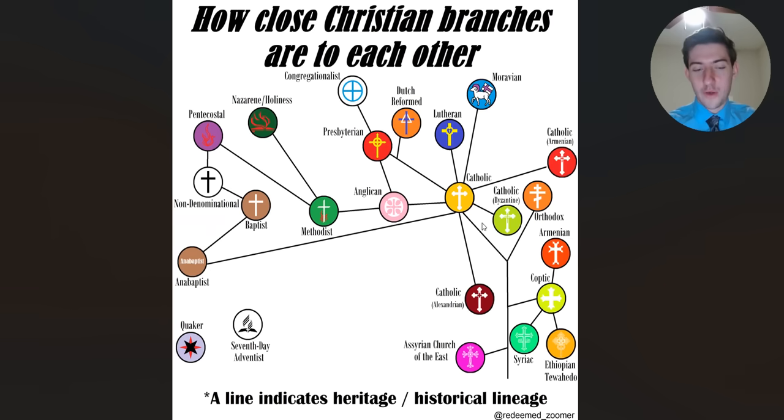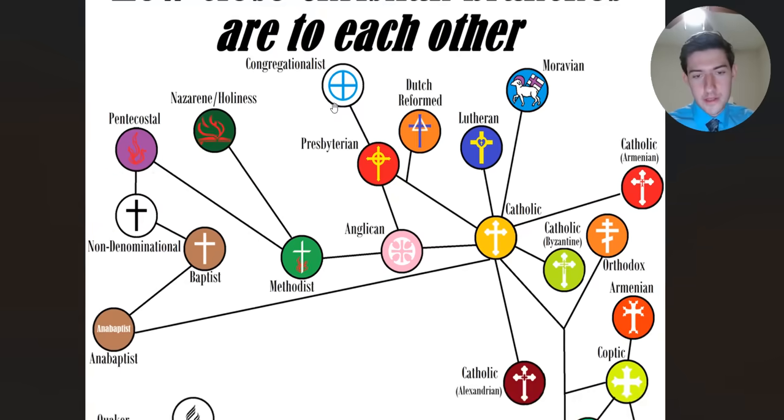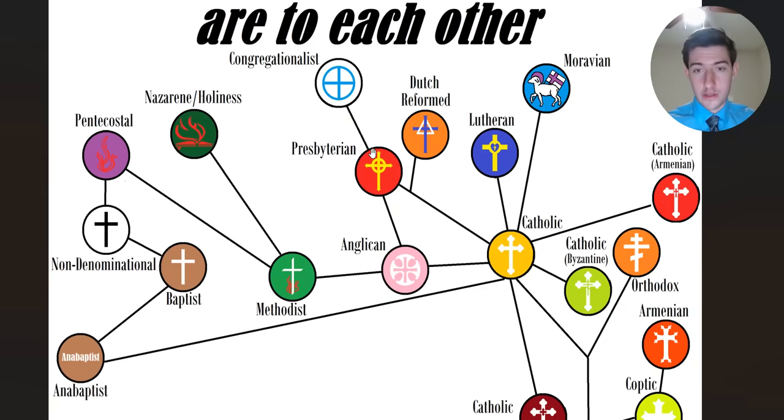So, I mean, if you want, you could just screenshot this and use it whenever you need it and then stop watching the video, but I think I should at least explain why I think the denominations are placed where they are. So the first thing you might notice is that the classical Protestant churches, like Presbyterian, Reformed, Lutheran, Anglican, and to a lesser extent Methodist and Congregationalist, you'll notice they're closer to Catholic than they are to Baptist and non-denominational. Why is that? Well, because the classical Protestant churches are very closely based on the beliefs of the Reformers,